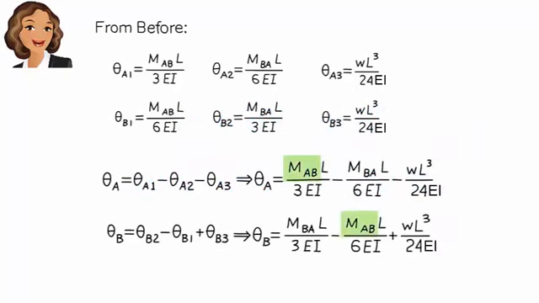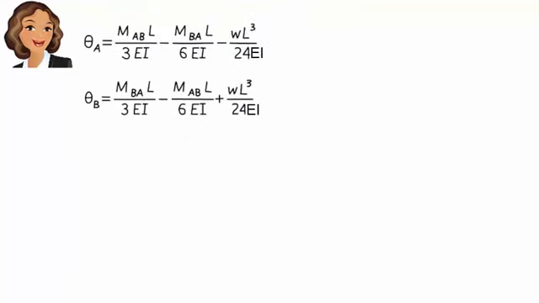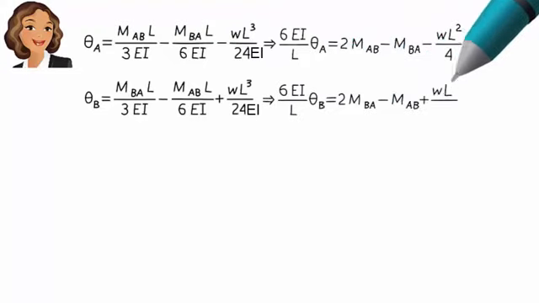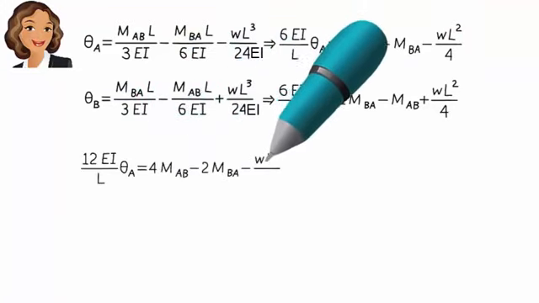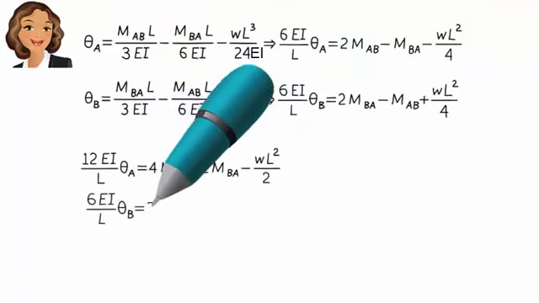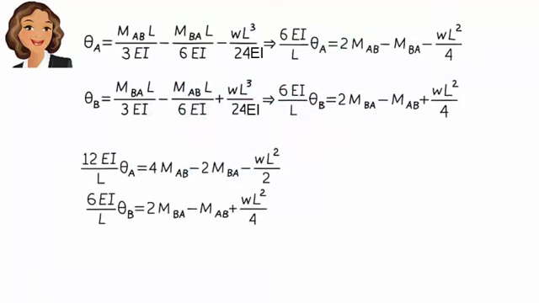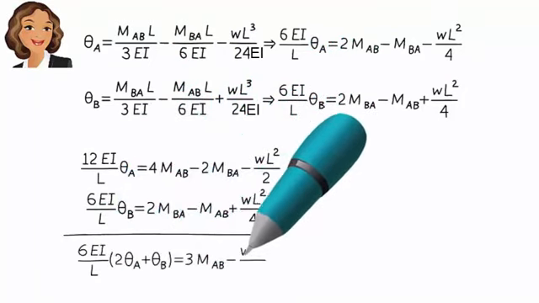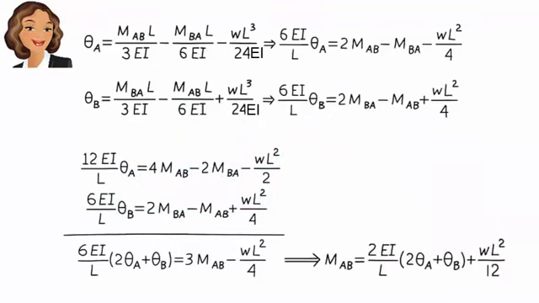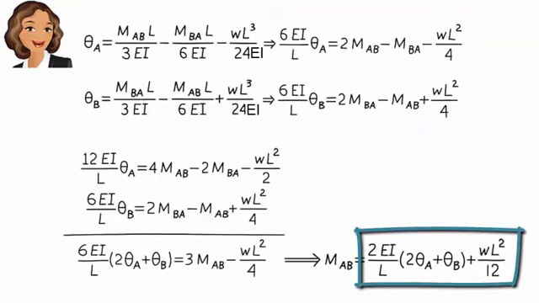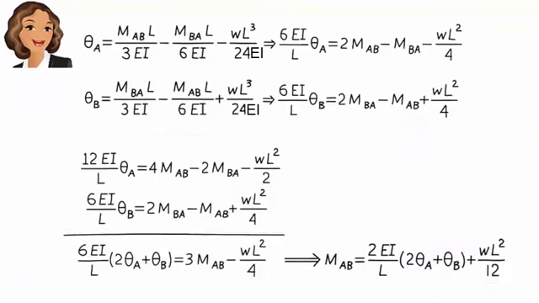Let's treat MAB and MBA as unknowns and solve for them. To do so, first arrange the two equations like this. Then multiply the first equation by 2 and add it to the second equation. This gives us. Now solve for MAB. Substituting this expression for MAB in one of these equations, we get